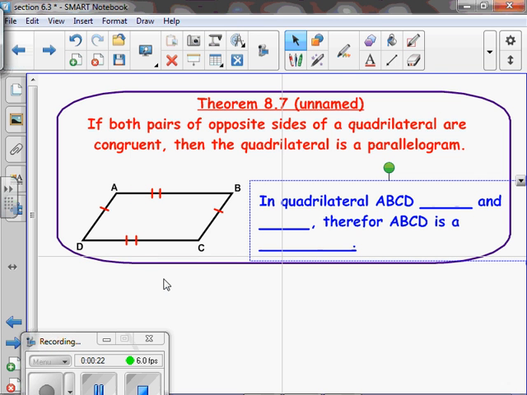Theorem 8.7, which is also unnamed, says that if both pairs of opposite sides of a quadrilateral are congruent, then the quadrilateral is a parallelogram. Okay? So what that is saying is,